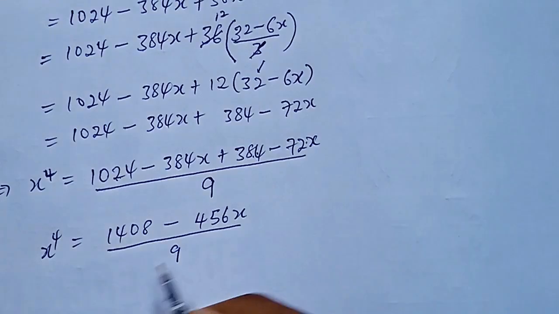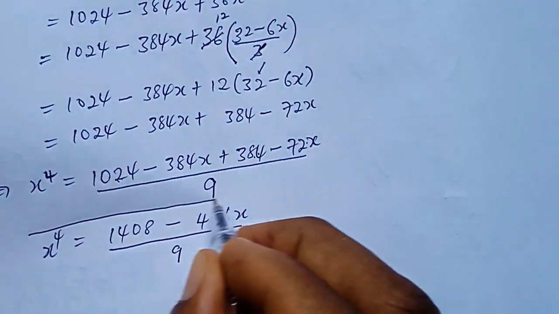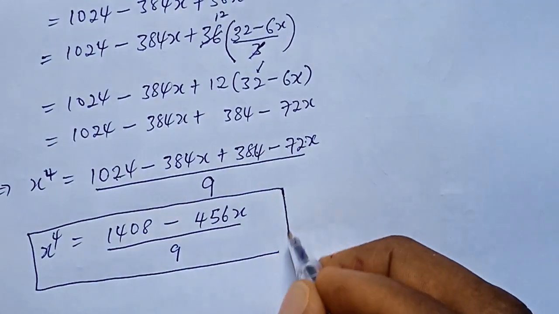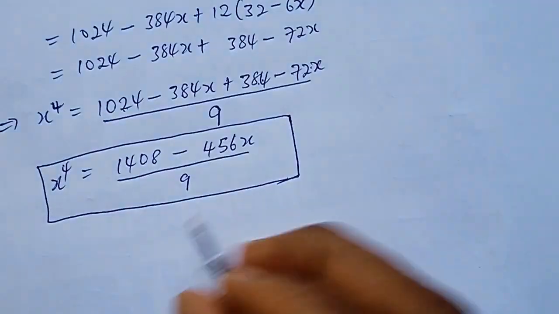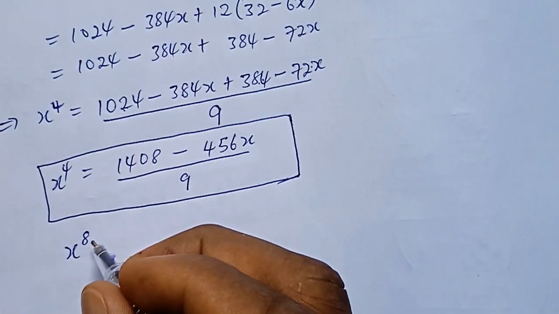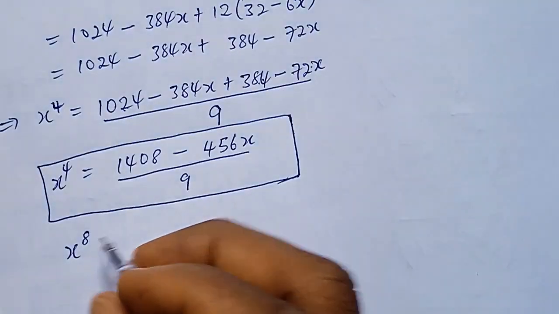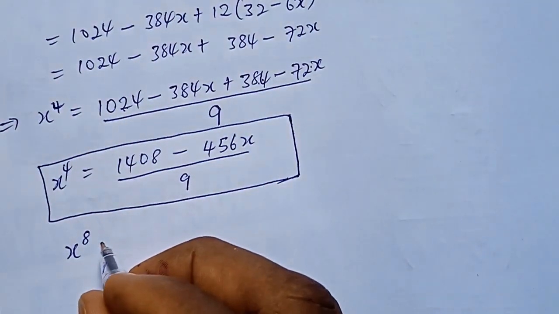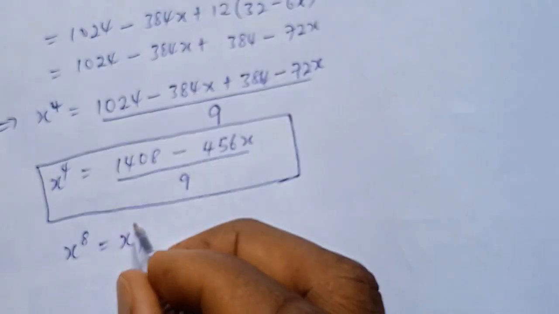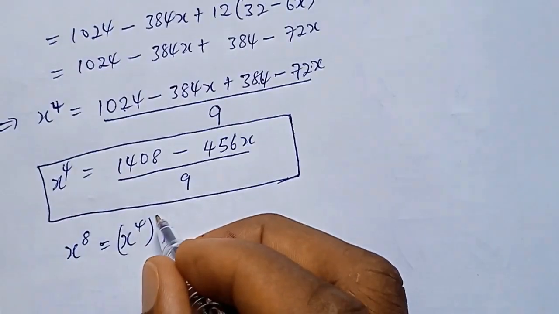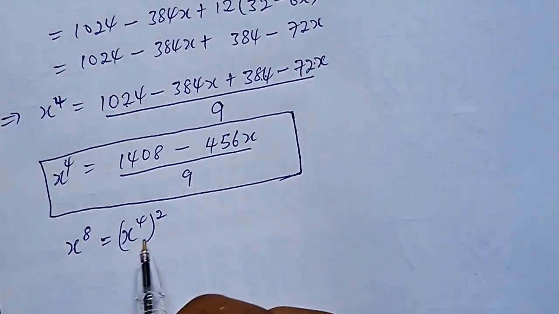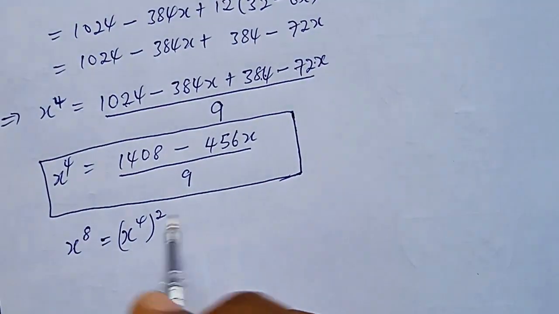So having computed x raised to power 4, what we need to do next is to compute the value for x raised to power 8. Okay, so x raised to power 8 is equal to x raised to power 4 multiplied by power 2. So we input our x raised to power 4 over here. We have